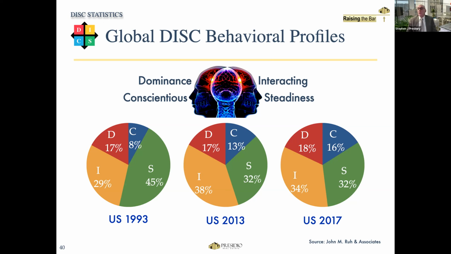So I want you to think about what we're looking at there. Look at these date lines, look at the percentages, and tell me what you think we are learning. So first of all, who can tell me why you think the C's have doubled? That's significant growth in people that have a dominant characteristic as C. Who can tell me why you think that might be?